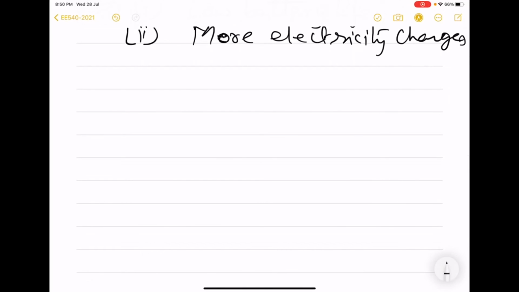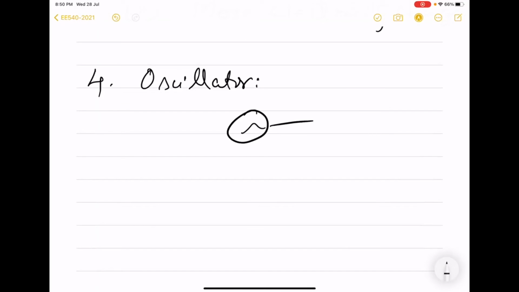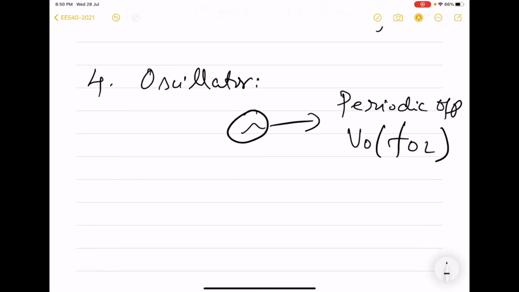Now we go to the fourth circuit or fourth block in the transceiver, that is oscillator. So oscillator is a circuit which produces a periodic output. So there will be output which will be of frequency FOL